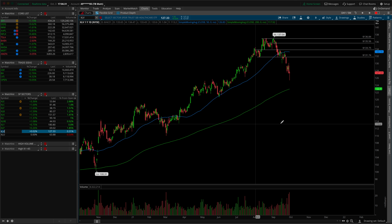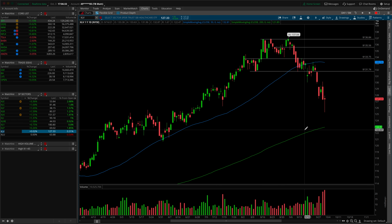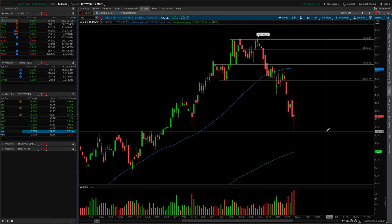Lastly, let's take a look at the XLV for the healthcare sector, third heaviest weighted sector. And what we'll notice about this one is it's obviously much more bearish, right? We have this high, we've put in a lower high and a significant lower low. This is not so much neutral like the XLK and is much more bearish. Obviously, the healthcare sector, biotech sector specifically, on Friday had an absolutely nasty day, but we did print a hammer candle. So I wouldn't be surprised to see some sort of dead cat relief bounce here,